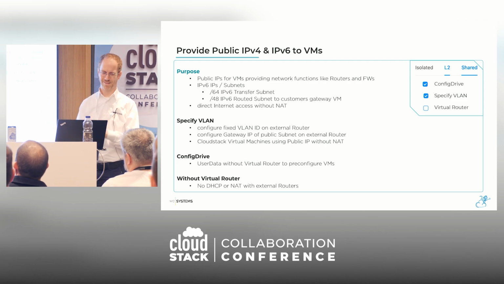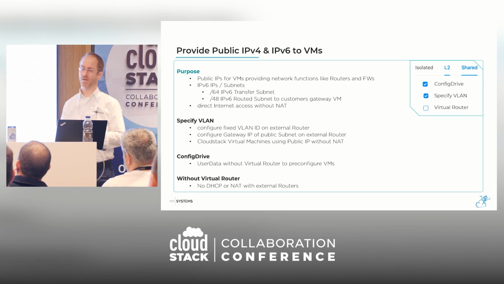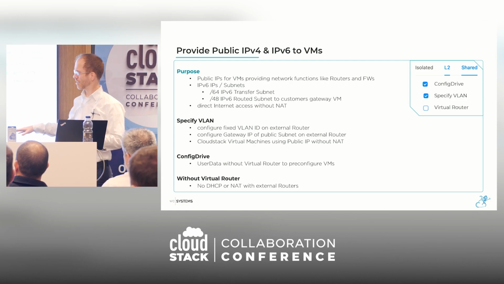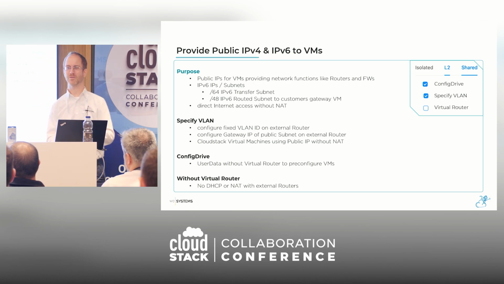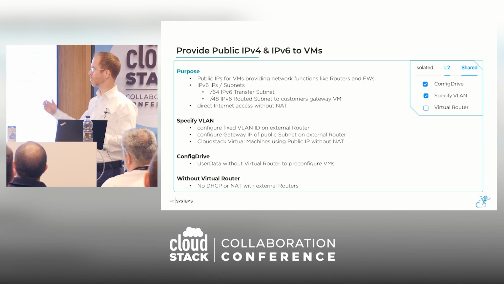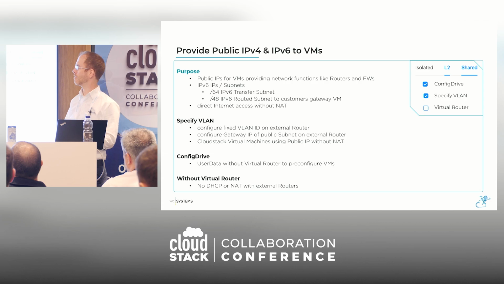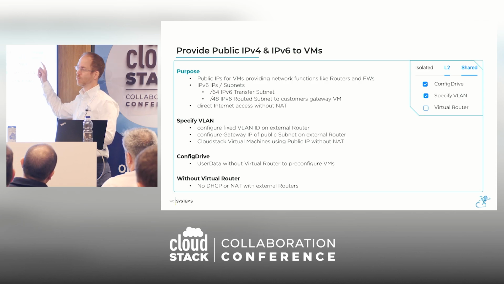Okay, fine. And that's our way of providing public IP addresses, either IPv4 or IPv6. I would say that at the end, that might change now with what Wei is talking about tomorrow with static and dynamic routing, which is introduced in 4.20. That's currently the way we provide IPv4 and IPv6 to VMs. We use that for layer 2 or shared networks.